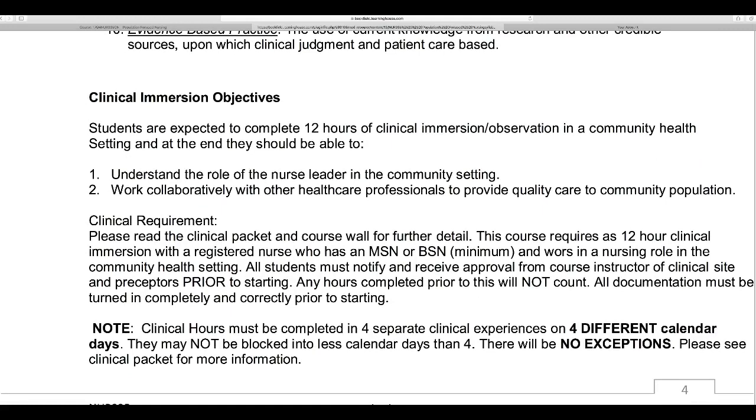So you are going to complete 12 hours of clinical immersion observation in a community health setting. You are going to work with a nurse in the community setting. So in the book, it's really well listed what different nurses you could possibly work with in the community setting. But every semester I get questions about someone who clearly doesn't work in community health. So make sure you look through that chapter, okay? You're going to work collaboratively with other healthcare professionals as well, and you're going to understand the nurse's role